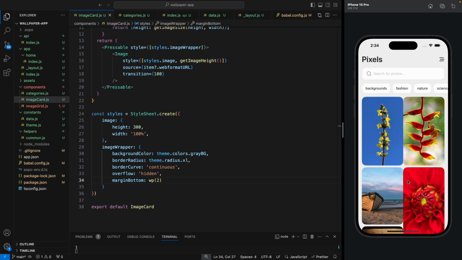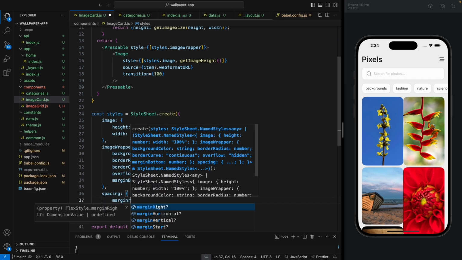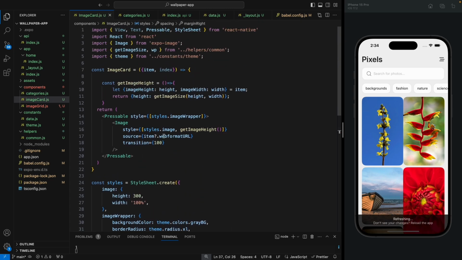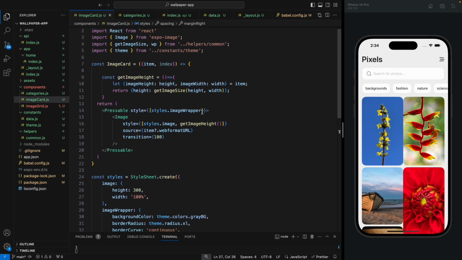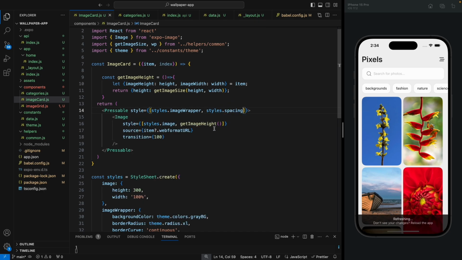So now to add the spacing in between the images, we're gonna use another style property. Let's call it spacing, and we're gonna use margin right as WP 2, same as the margin bottom, and we're gonna add this property to the container. Let's use styles dot spacing,